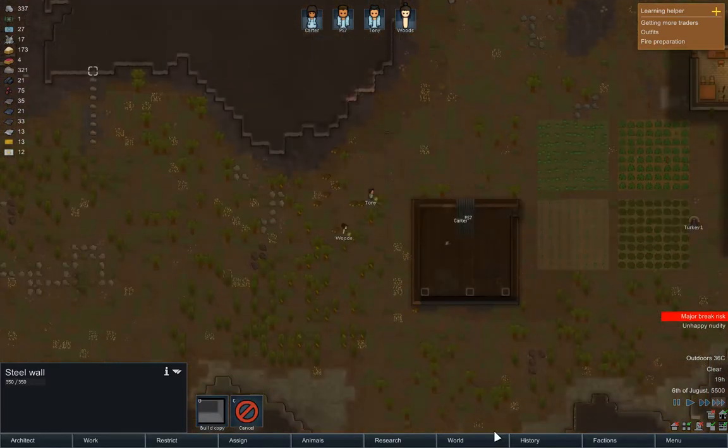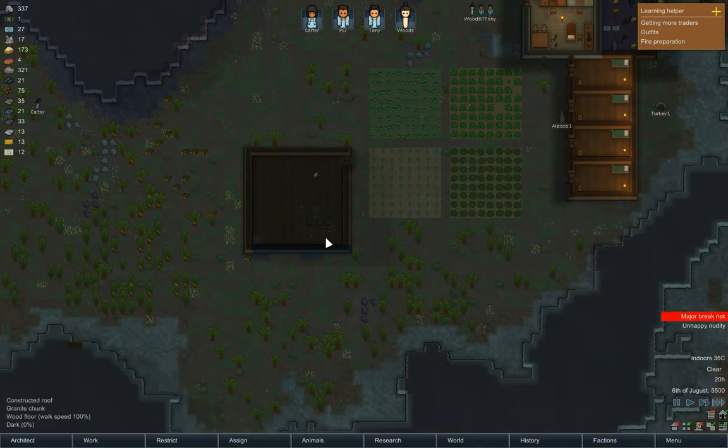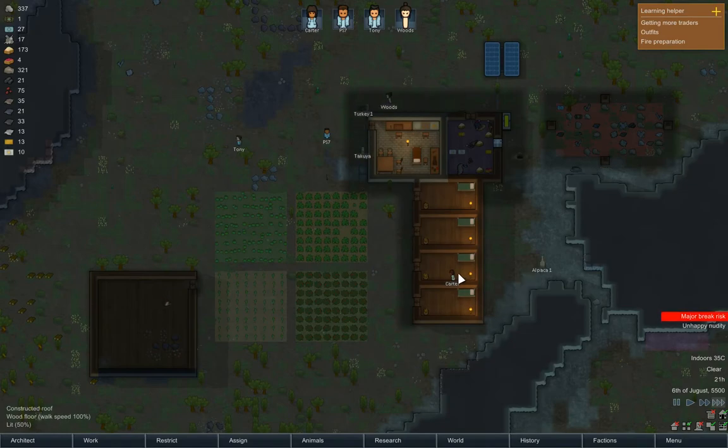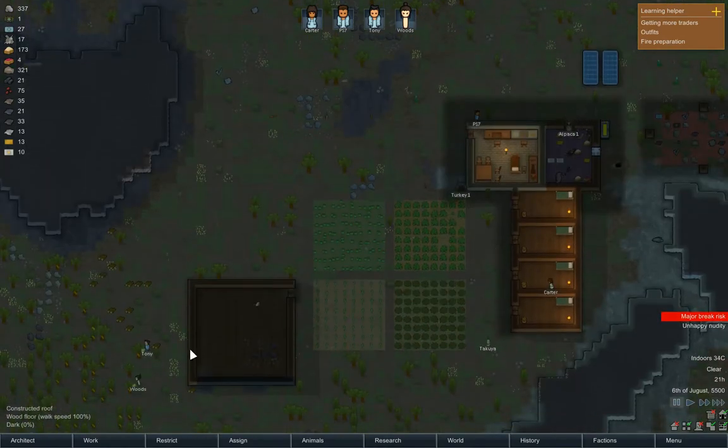Hey, there we go. Our building is finished. Woohoo! There goes the floors. Oh, there you go. Finished like the last couple of floors. Alright. Oh, we've got one more floor to go. That turtle's still stuck in there. Carter is freaking out a bit. Alright, so